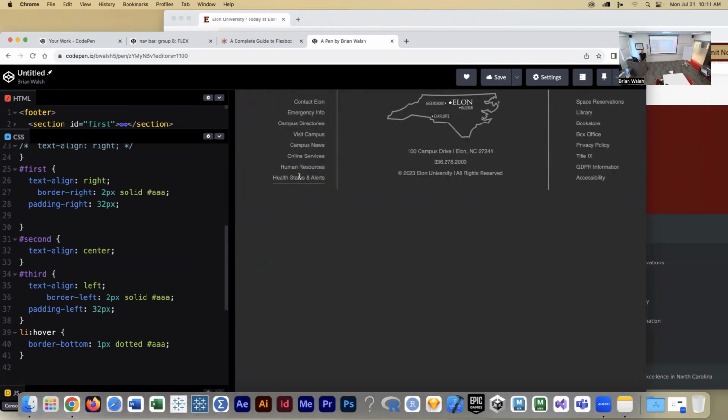This is getting picky, but a lot of you expressed an interest in UX and UI design. This is one of my biggest pet peeves: can you tell that the text moves when I hover over it? It's getting pushed by that 1 pixel underline. As I move up and down, it looks like the dot is just moving, but if you look at the text below where I'm hovering, it's pushing it down. The reason is there was no border, and when we hover, suddenly there's a 1 pixel border, so everything's shifting by 1 pixel. It's not that big of a deal, but if we made it like 6 pixels, it's really odd